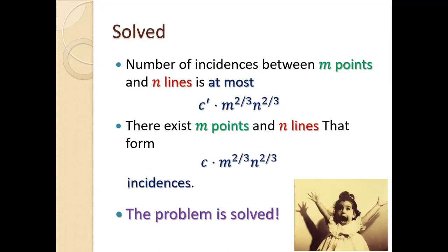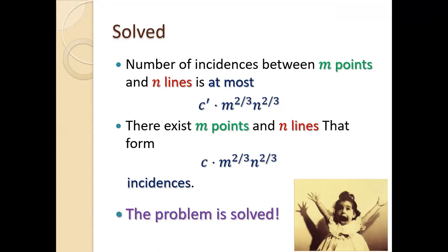So maybe I can get you to guess a bit. Let's say you already know how to solve this problem. We're going to see soon. What can you try next? What might be a variant, a different version of this problem that's a bit harder or a bit different? What else can you ask about numbers of incidences that we can try to solve next? Any thoughts? Well, yes, very good. Exactly. Also very good. So we can try many different things.